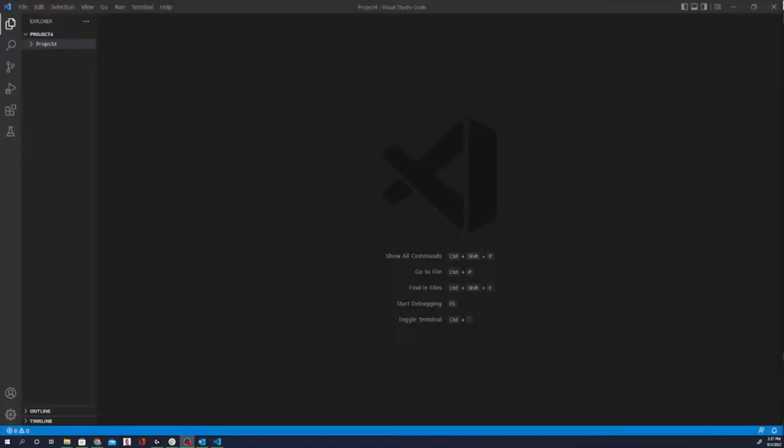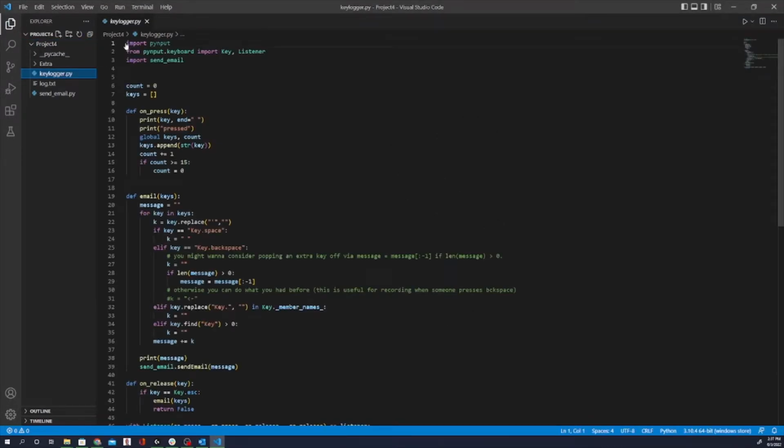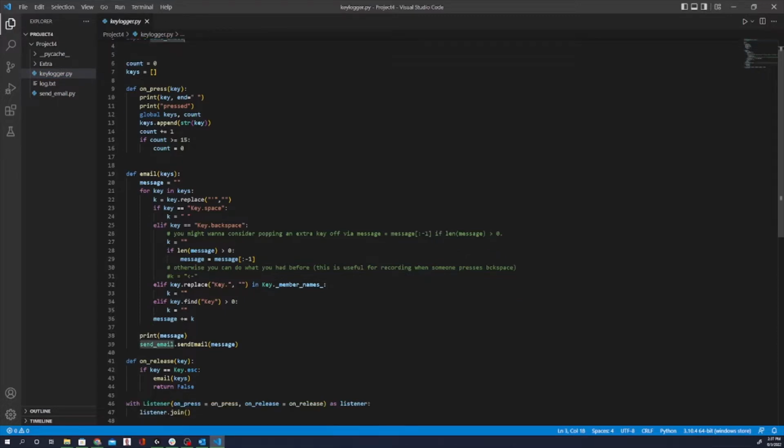To explain how the attack happens, first we need to look inside VS Code at the attacker's machine. Here we see a file called keylogger.py. This is the script we designed to record the keystrokes. We imported pinput, which is a module used to record strokes, and imported sendmail from the sendmail.py script. Next we define the variable onPress to record the pushing down of keys, and then we define our email variable